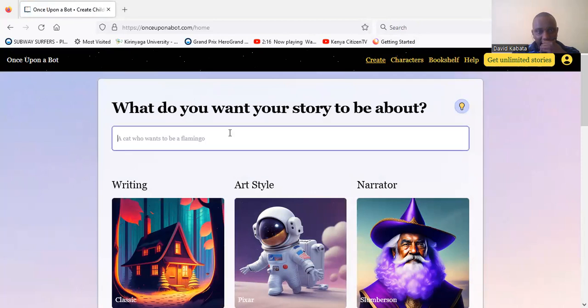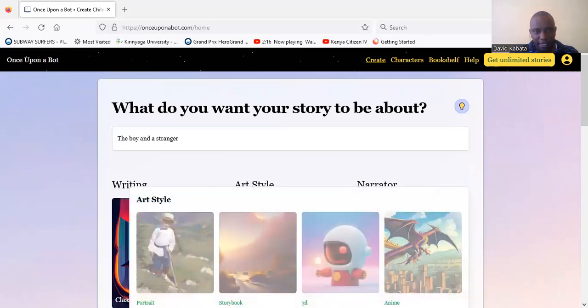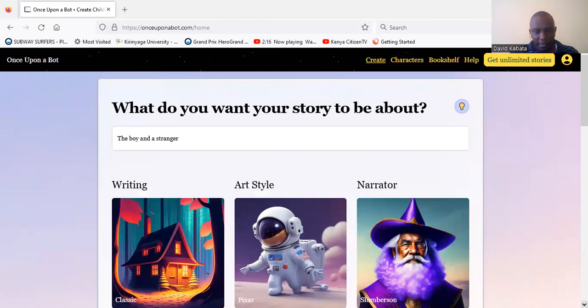Now we come here and you can see what it is asking us. What do you want your story to be about? Maybe I can just write the same thing: The Boy and the Stranger. That is the title of my story that I want. I want it to write for me the title The Boy and the Stranger. Maybe I can go to this art style. And then after that, I can